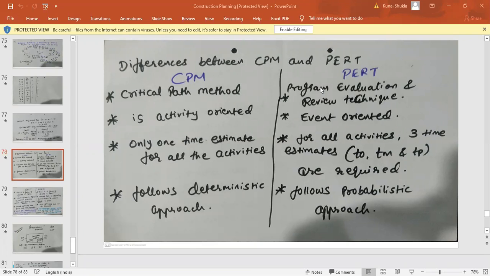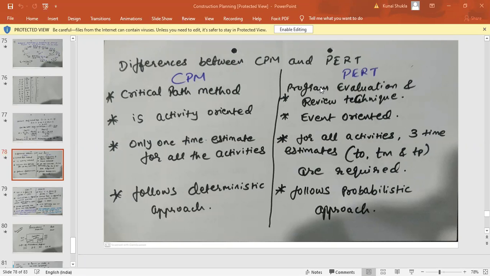Saloni is asking one question. Suppose the activity is like this, 1, 2, 3. Then at 2 it becomes 0, then both paths are critical. Saloni, see, whenever you calculate a practical example, you will see that there will be at least one path where all the events will have zeros. That will be the critical path. But suppose another path by chance has some activity or event with a zero slack, then you do not consider that. Why? Because critical path is there, not critical activity.